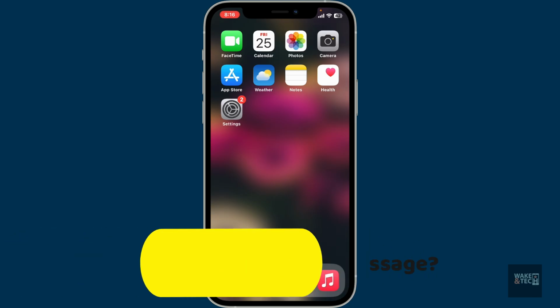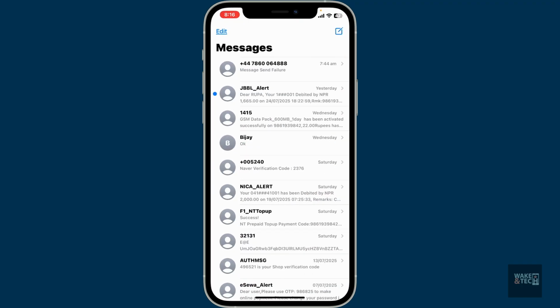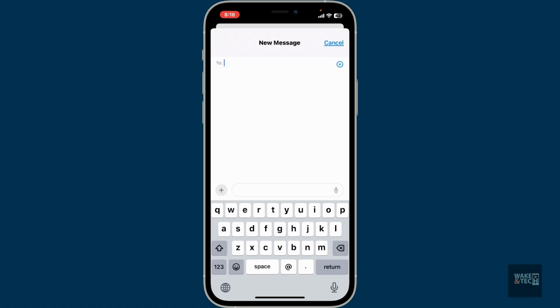To send voice messages in iMessage, first of all, open up your message application on your iPhone, and once you do that, select a conversation where you want to send a voice message to, or start a new message by tapping on the pencil button at the top right and type in the name of the contact in the first tab. And once you do that, in the conversation box at the bottom, tap on the plus icon at the